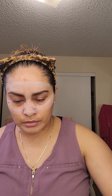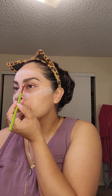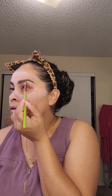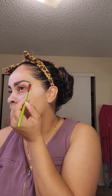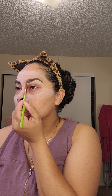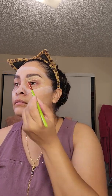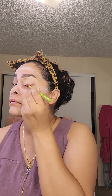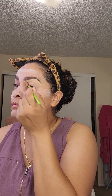Now I like using this type of brush flat, because it helps you define a line to the eyebrow. And this is what I mean by defining. You go right at the first beginning of the tip, and then you can shape them however you like. Then just go down and keep priming the rest. As you can see,